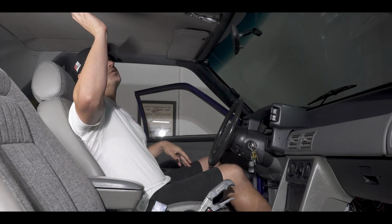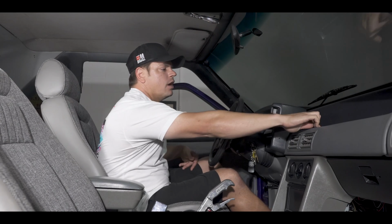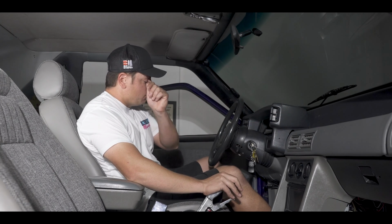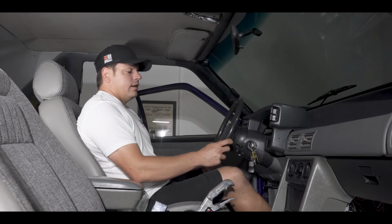Headliner is very nice, your light's working. You do also have your additional light here. Dash is very clean. A couple of minor imperfections because someone had a gauge mounted here prior. Your air condition does work. It still operates and it's cold. Steering wheel's in great shape. Your headlights work as they should. And the best part,